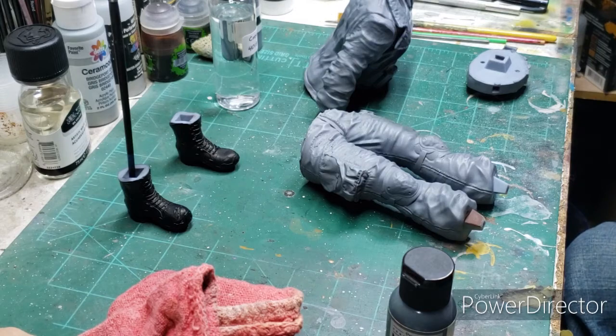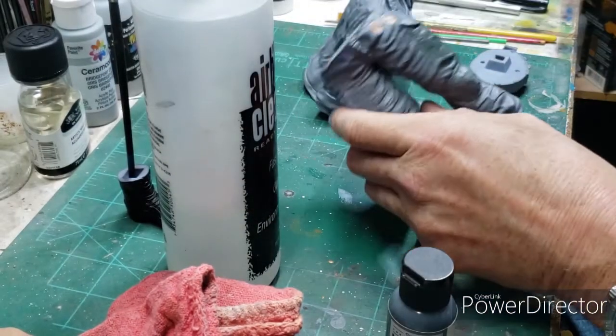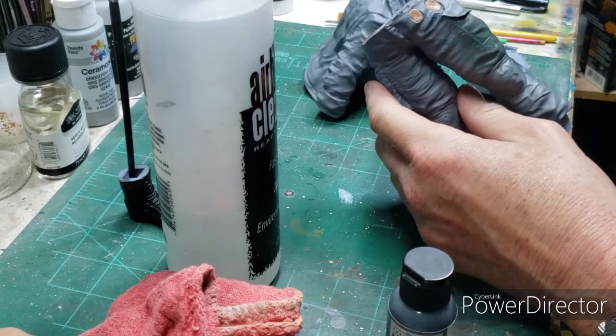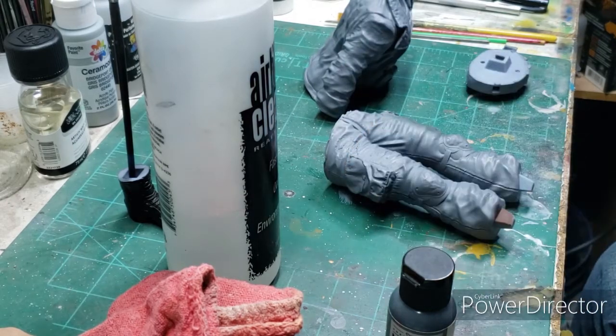Not the color I was expecting. It says Nato Black. That's more of a black gray green, which is not what I wanted. But I might be able to use that maybe for subtle highlights. I might actually be able to use that on his knee pads. That's not a bad idea. Use that color on his knee pads